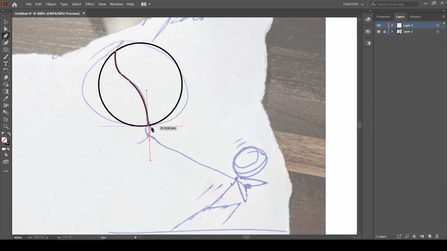So to do that I'm just going to bring my Pen tool over the anchor point and click once. This is going to remove that curvy handle and we are just going to end the line here. Now to remove that live handle, all I am going to do is either press the Escape key or select the Selection tool. Let's start creating the figure.